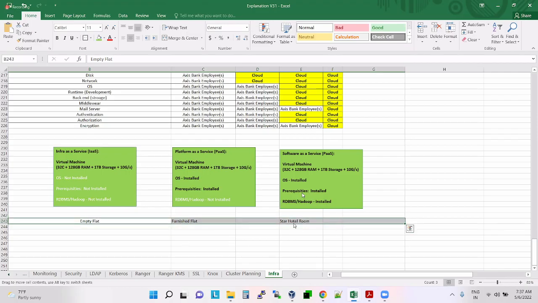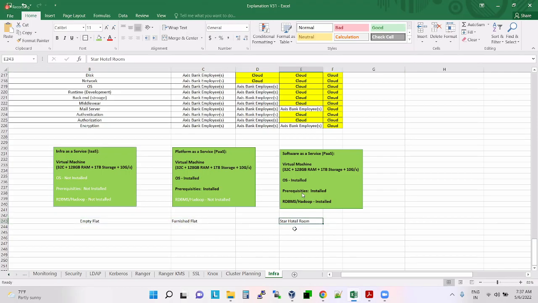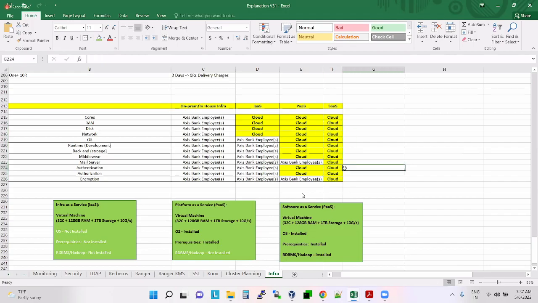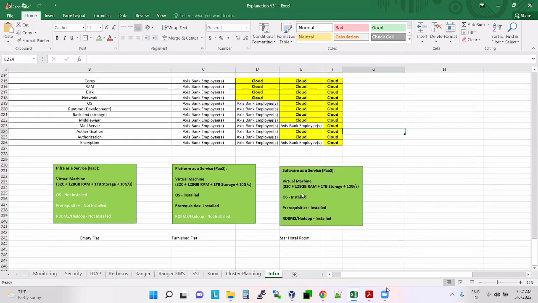But we cannot stay in a star hotel lifelong, right? Because it is very costly. Even companies will not allow you to stay in a star hotel for 3 months, 4 months. Maybe 1 week, 2 weeks, yes, they will allow you. Hotel rooms provide complete facilities, but they are costly compared to the previous offers. So in this, who manages what? In the SaaS model, everything is managed by the cloud itself. Clear? Any questions, guys?